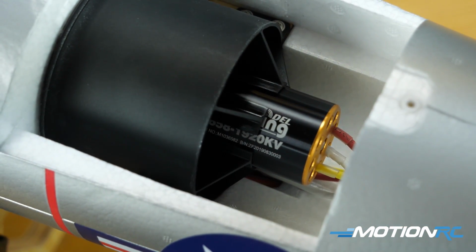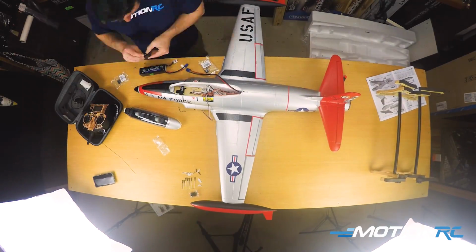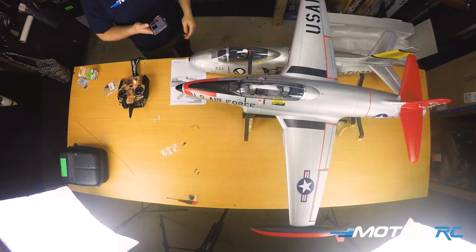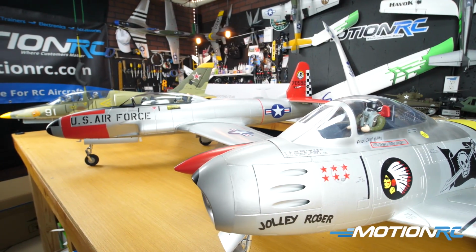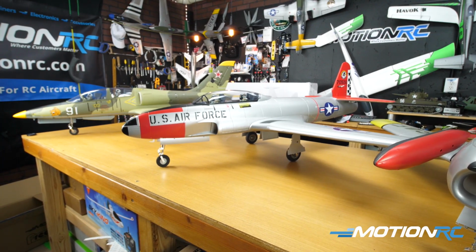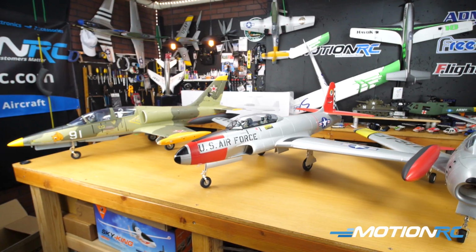Then after we do the spec, we will go over a step-by-step assembly, so we'll just go by the book of how easy it is, guys. 14 screws get this baby together, and you'll be out at the field flying. And then after that, we'll come back to the studio, to the table. We'll do a quick walk around, I'll plug it in, and do some size comparisons, obviously to a jet of its era, like the F86 coming from Freewing, and I'll compare it especially to our other scale trainer, which we released last year, or a little longer than a year ago now, the L39 I have as well,